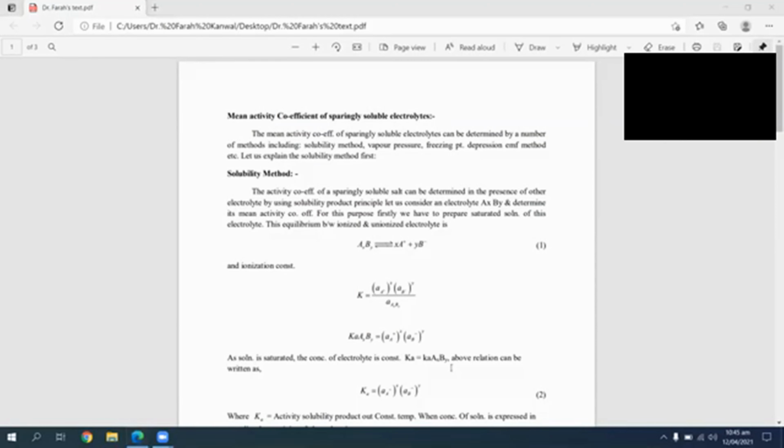And then you see here, we have taken it in the form of a constant here, Ka, for AxBy. And then you take the concentration of A positive ions and the concentration of B negative ions here. And the next we will see here,